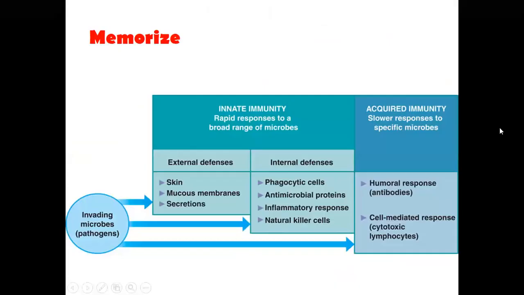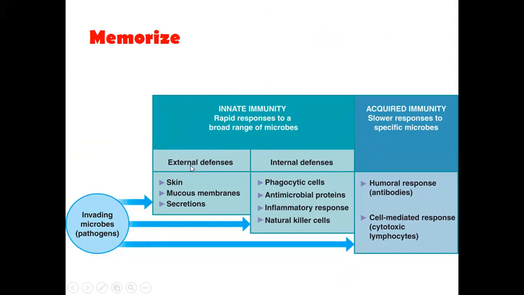Today we are going to continue our lesson about the specific immune response. Let's memorize, in case of invading microbes or pathogens, there are two ways of defense: innate immunity and acquired immunity. Innate has a rapid response to a broad range of microbes, and acquired has a slower response to a